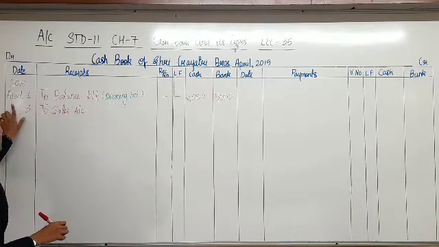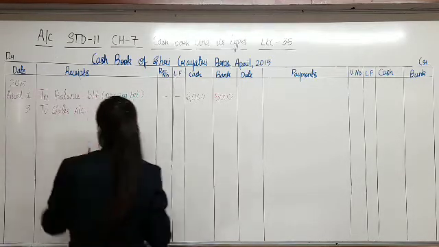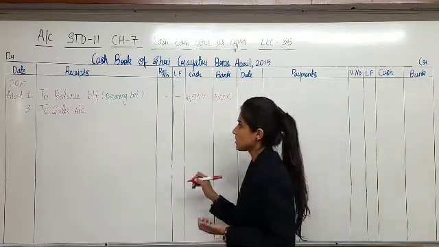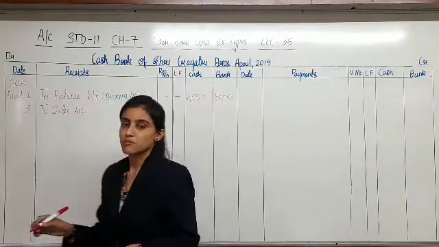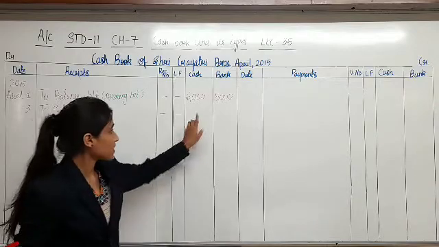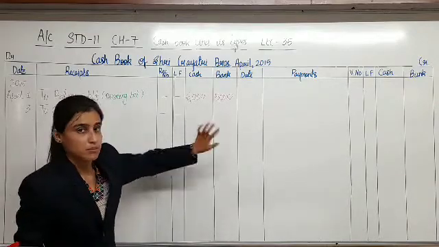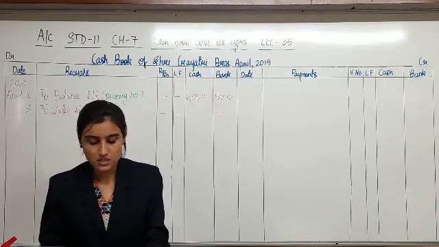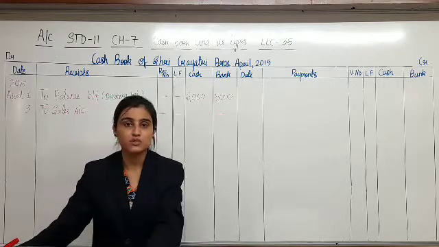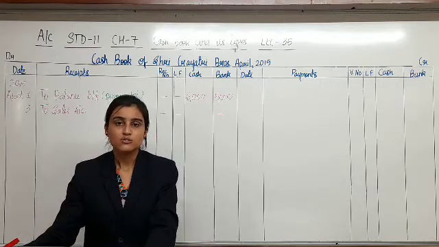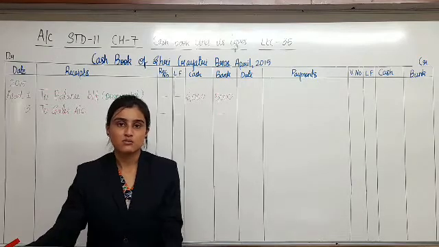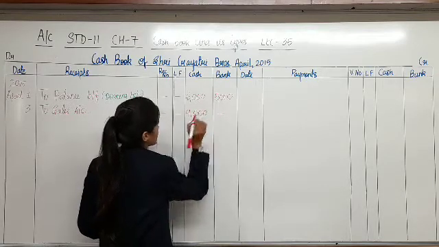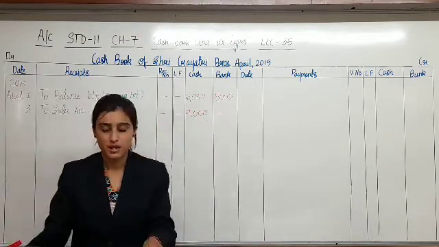3rd of April, goods have been sold to Mr. Pankaj for cash. Hence, the name of Pankaj will not come. It's only sales account. Goods have been sold for cash. Hence, this amount will be recorded in the column of cash and not bank. So, let me put a dash here. 10,000, 10% trade discount. Firstly, 10% of 10,000 is what? 1,000. So, the net price of goods 10,000 minus 1,000, 9,000. Alright. Next.